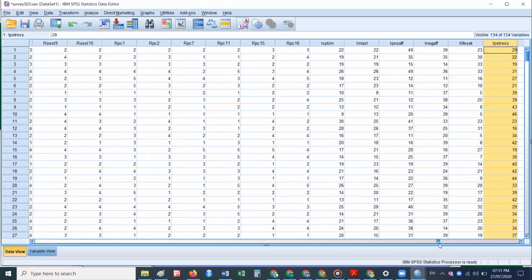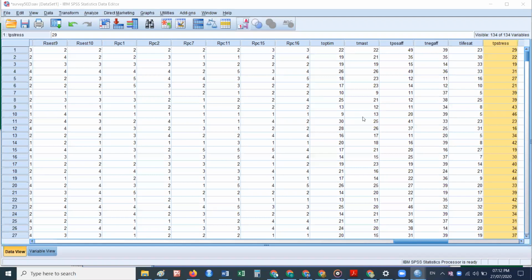This is the stress variable, and so on. So I'm not defining each and every variable here in the data file. I'm just defining a few of them. Some are the quantitative or scaled variables, others are the qualitative variables. So our interest is mostly in quantitative variables.